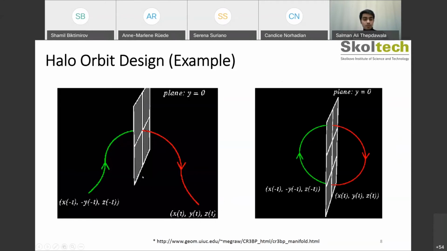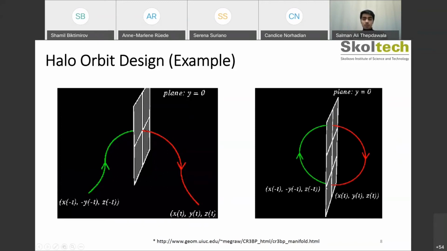So, what I mean is, for example, if our right-hand side trajectory is moving away from the plane, the left-hand side, its mirror counterpart, would be moving towards the plane. And if our trajectory is perpendicular to this plane, these two are connected. So all we need to do is find the right kind of point coordinates such that our trajectory intersects the plane again perpendicularly. And once it does that, since it's perpendicular, it's also connected to the mirror counterpart,